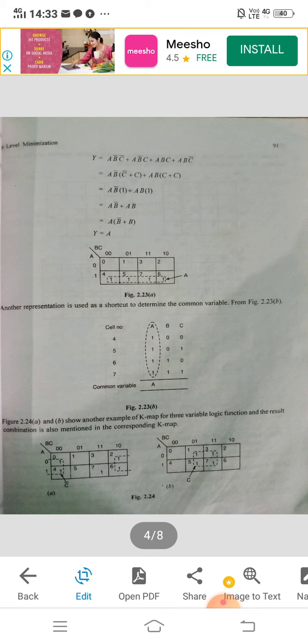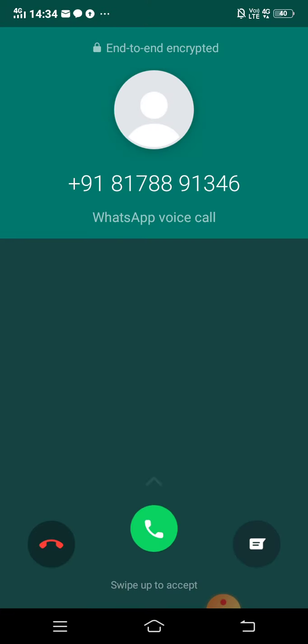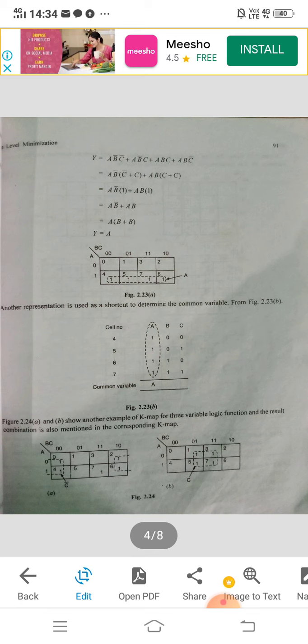Next, other examples you can see with corners. 1 is there at the 0, 4, 2, 6 positions. So the corners will be grouped. Similarly, in the next numerical you can see 1 is at 1, 3, 5, 7. So you can make a quad of 4 here. You can also make a pair of 2, 1 and 3 one pair, 5 and 7 another pair, but the answer will not be correct in that way. You must make the largest grouping.